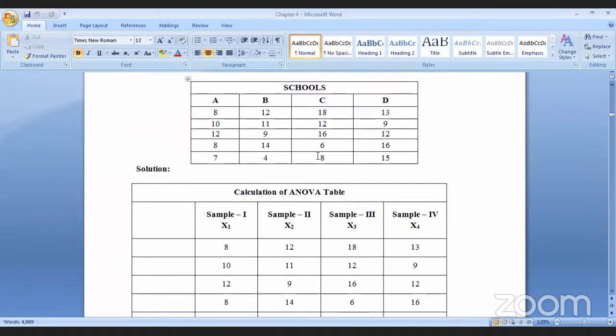See, as it is, calculation of ANOVA table. In the place of schools, I have written calculation of ANOVA table. Okay, the next one, after calculation of ANOVA table,